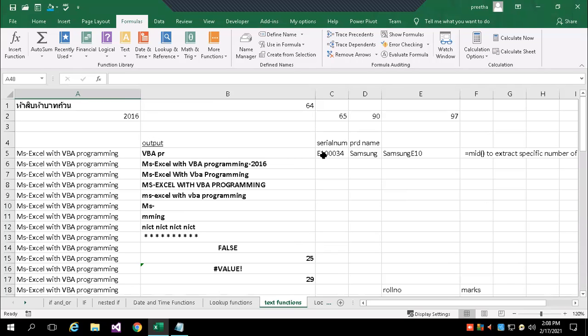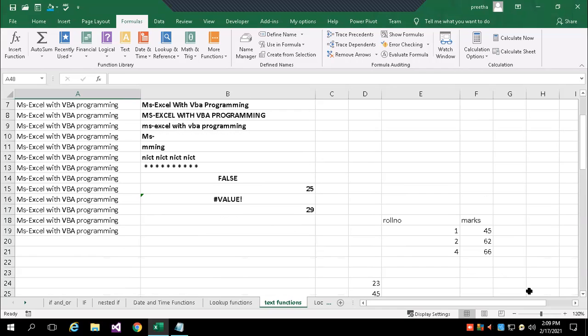So what is basically text? Text is data with a sequence of alphabets, numbers, including spaces and special symbols.